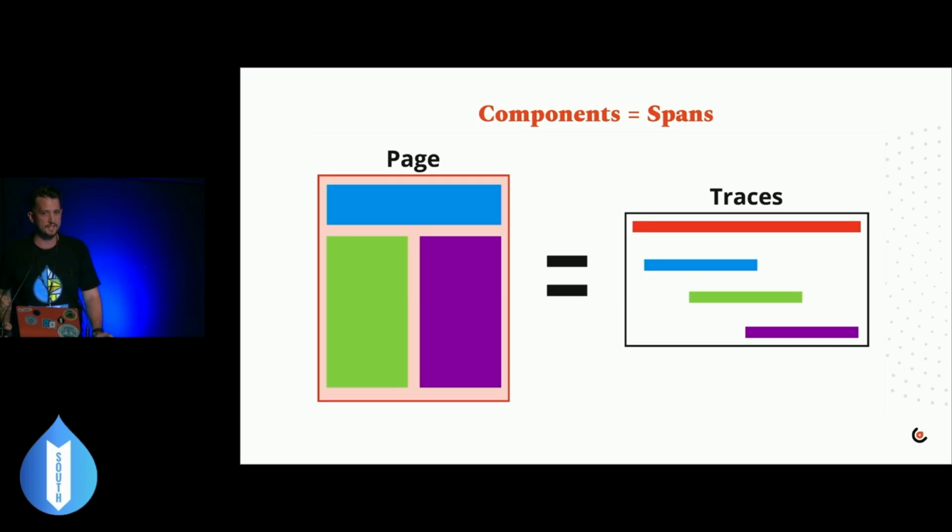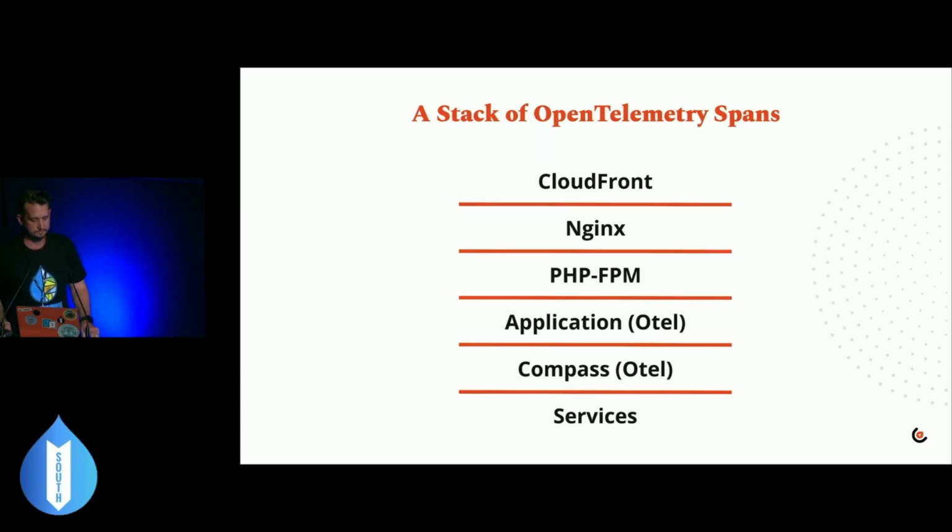I think that for the core contrib auto instrumentation space for Drupal, traces should actually be a lot more high level and a lot more focused around the render of the page. So being able to look at a page load and then look at the traces and go, these are all the components across the page, and this is how long each one of them took to render or to build as a part of the page. And ultimately,